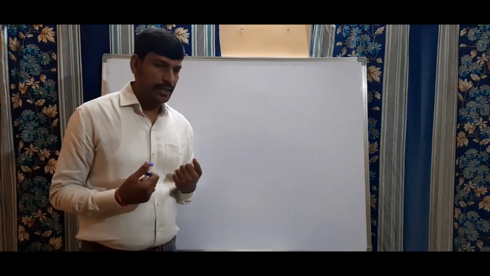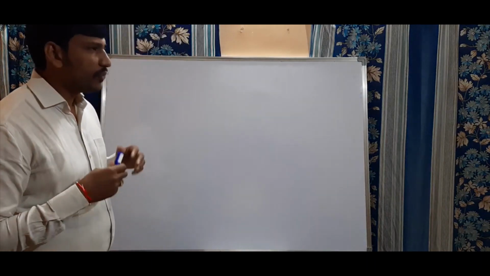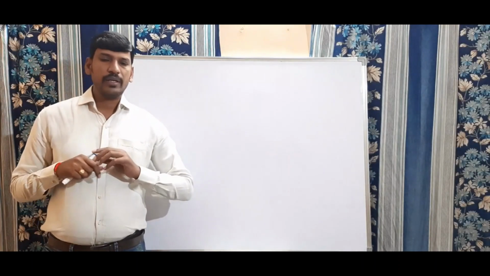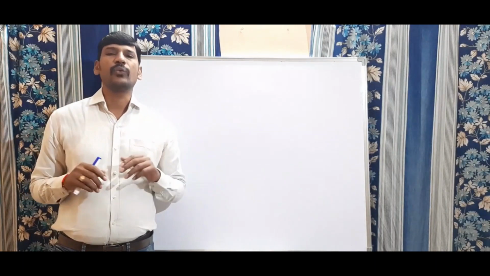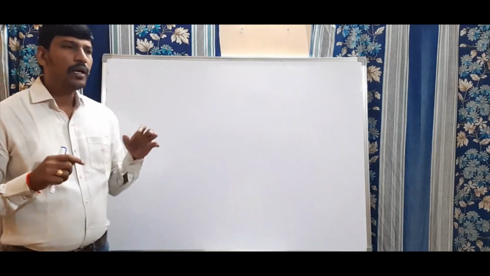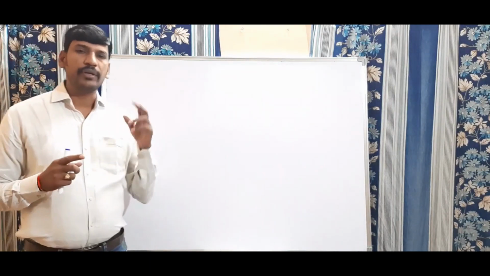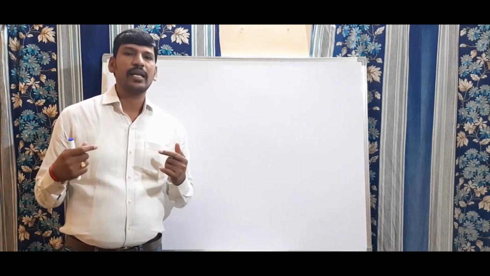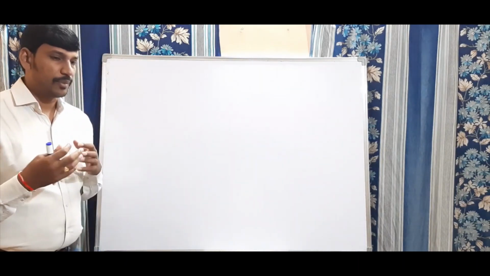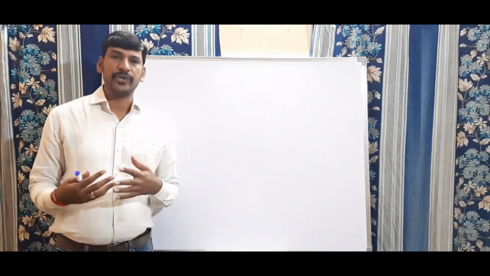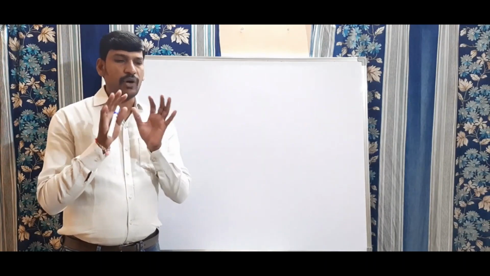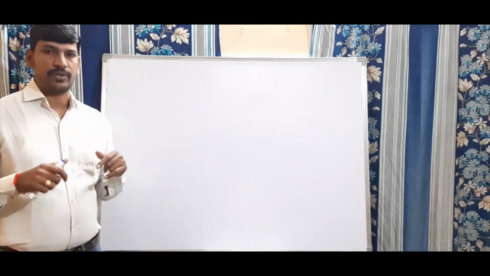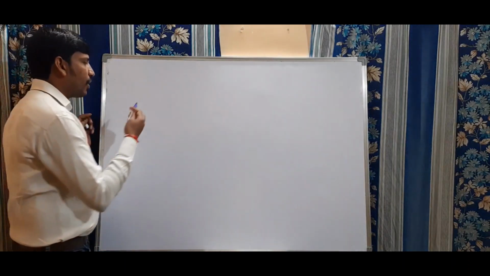Let us start a new chapter. Before starting the new chapter, let us discuss briefly. In earlier classes we already discussed perimeter and area of 2D shapes, that is a square, rectangle, triangle, circle, as well as a parallelogram, rhombus, trapezium. We discussed how to find the perimeter of these 2D shapes and the area of the shape also. Clear? Let us discuss a small example.